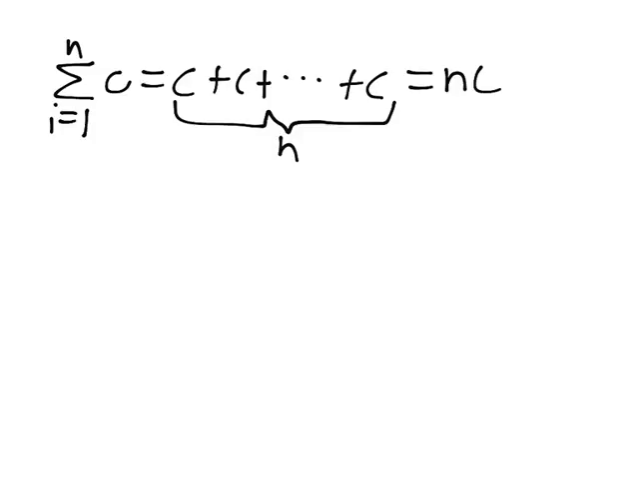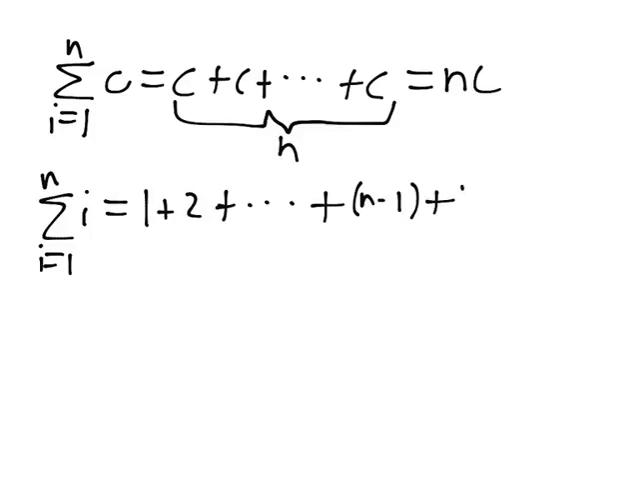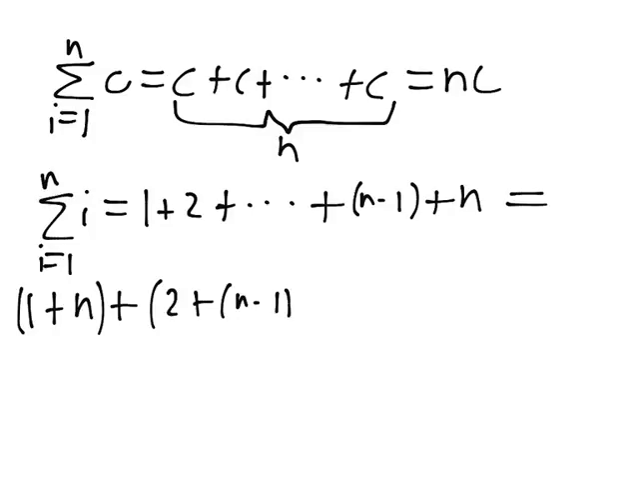Another interesting sum to look at is the sum i equals 1 to n of i, like we said before. If we write this out, then this is 1 plus 2 plus ... plus the quantity n minus 1, and then plus n. We can actually use a pretty cool trick to add these numbers up by rewriting their order. We can write this as 1 plus n, let's group these together, plus 2 plus n minus 1, and then plus 3 plus n minus 2,